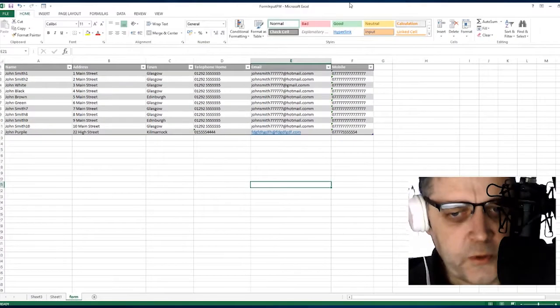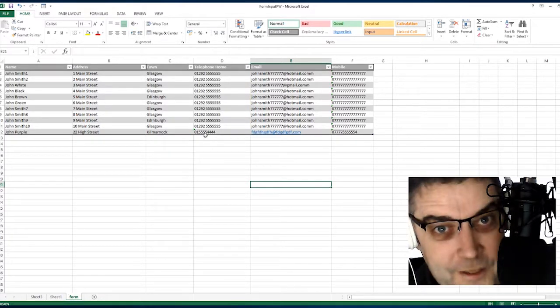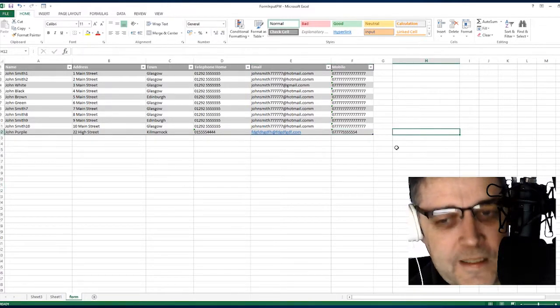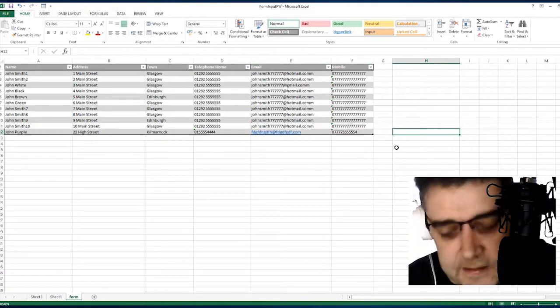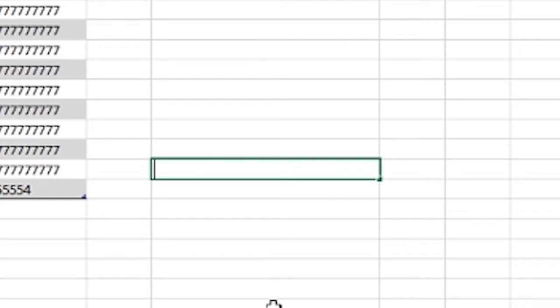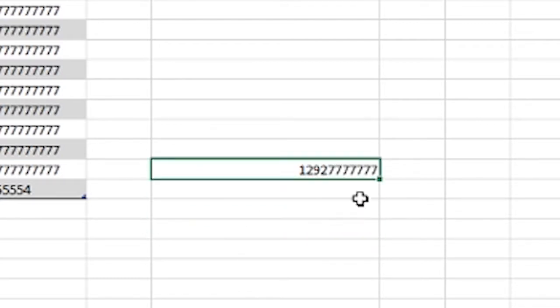Now what we'll also notice here, just a quick tip, whenever I can think during these videos of quick tips, we just throw them into the video. When working with telephone numbers in Excel, I'm just going to click into a cell over here just to show you what will happen. If I put in 01292 blah blah blah and click away from that, you can see that Excel assumes it's a number